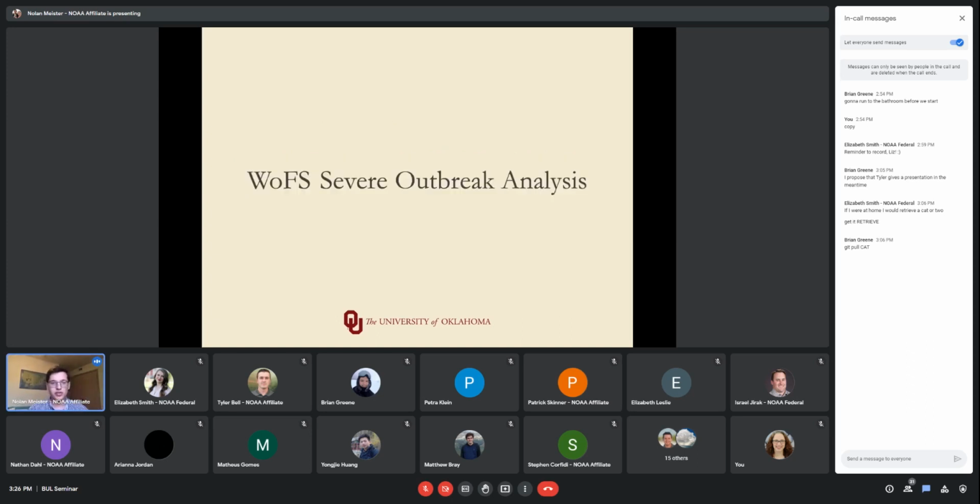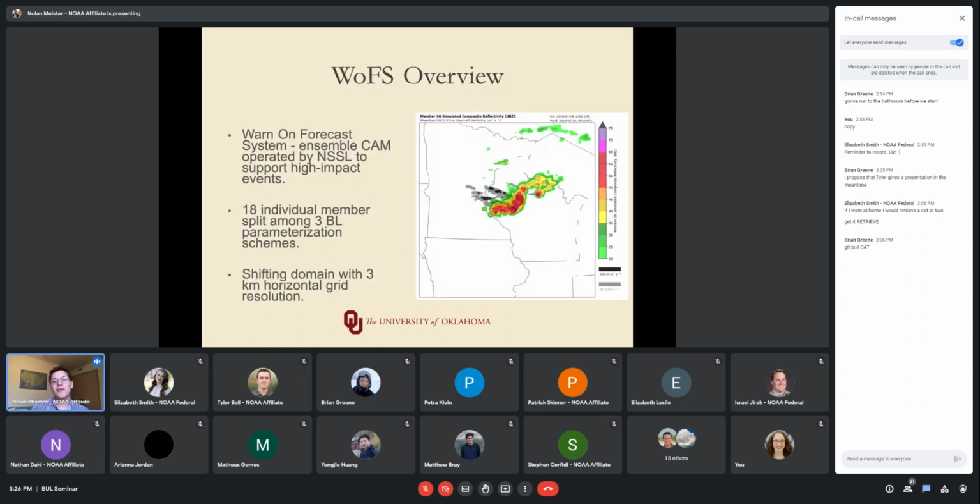Now we're going to pivot to the warn-on forecast, severe weather outbreak analysis case study. So boundary layer people, there will be some boundary layer observations and influences in the middle, but convective people, you can get excited. This is your time. So before we get into the methods, I want to give a quick overview